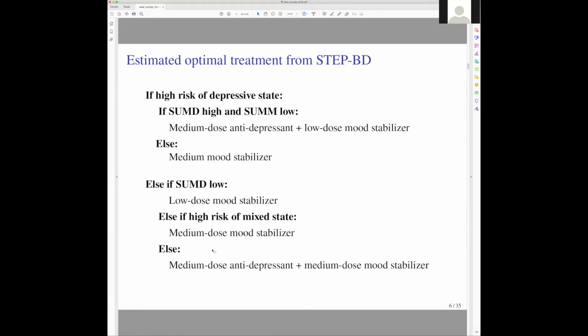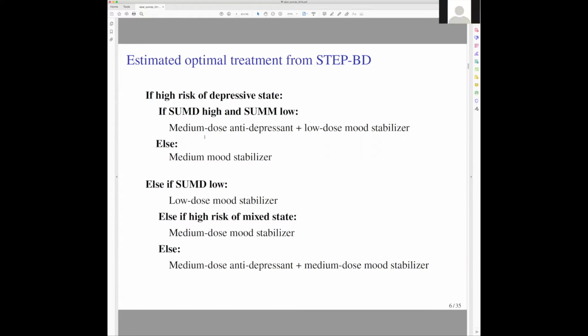Okay, the point of this rule is that we can look at it and we can evaluate it from a clinical perspective. And if you study this long enough, what you'll see is that it's suggesting that you should only get an antidepressant if your risk of transitioning into a manic state is low. And I'm not going to get into the science of bipolar depression, but that is a reasonable hypothesis in this